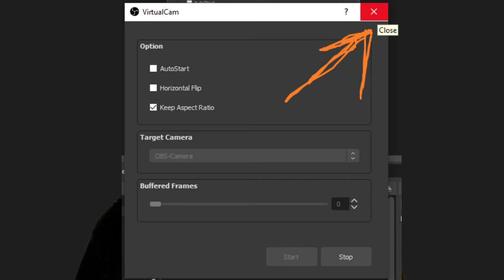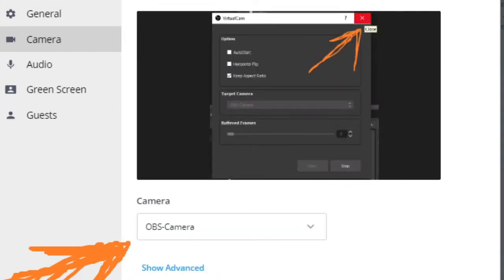After closing, then you go to StreamYard and you make sure that OBS camera is selected. Once OBS camera is selected, you will be able to see whatever is on your OBS Studio screen in StreamYard. Okay, so this is what it will look like. You will maybe be able to see yourself. Mine is a screenshot, but for you it will be the way you can see me now. I took a screenshot when I was planning the video.